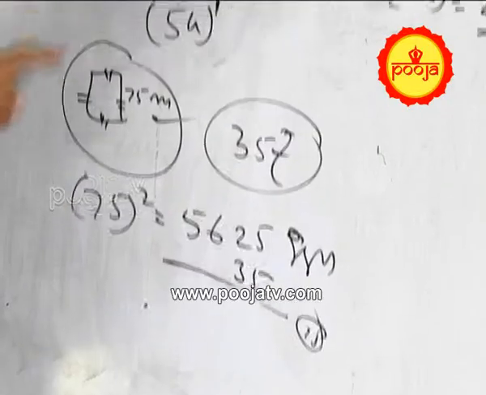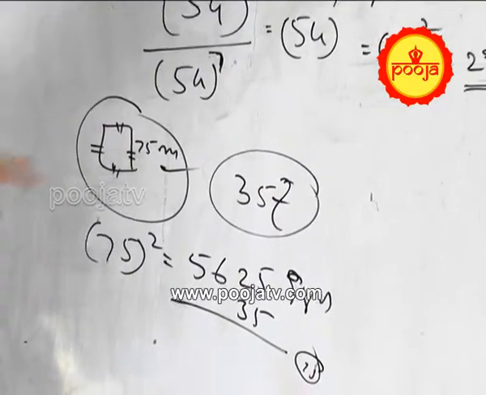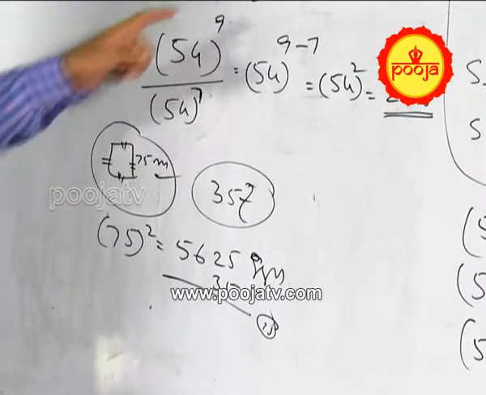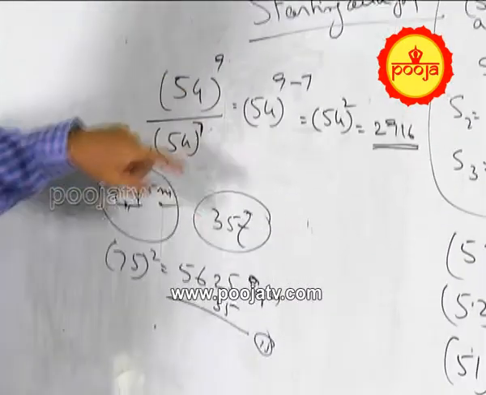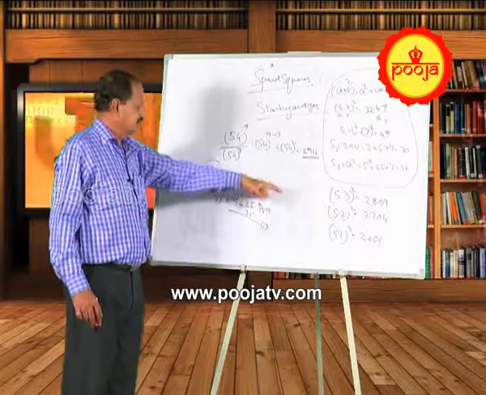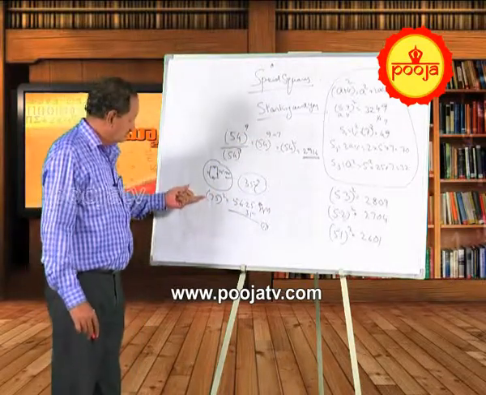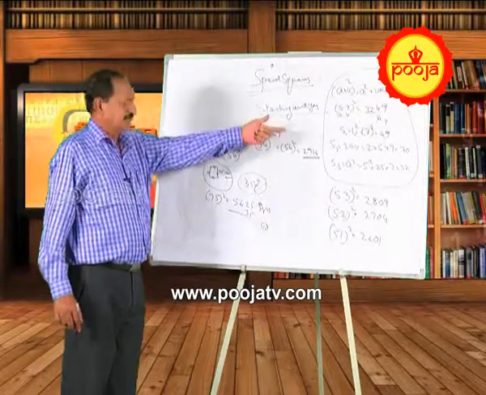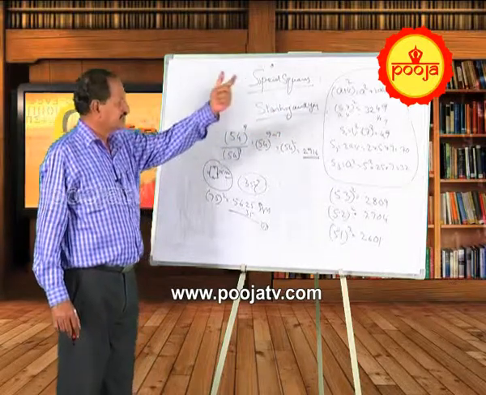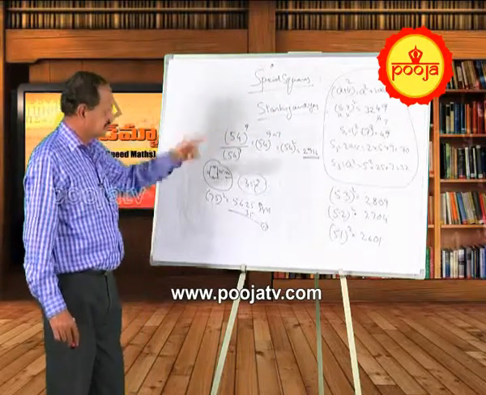So, these things commonly appear in competitive examinations, and you can use these methods for numbers ending with 5 and starting with 5 instead of using (a plus b) whole square. Or else if you forget this, you can happily use that formula: (a plus b) whole square is equal to a square plus 2ab plus b square.